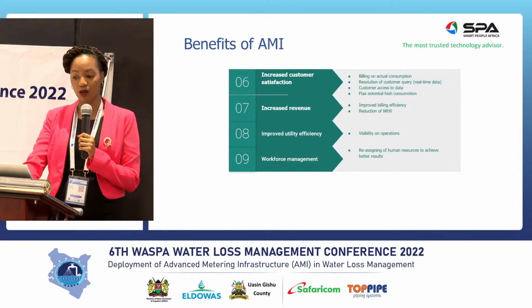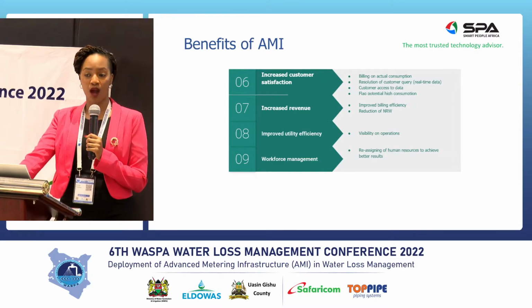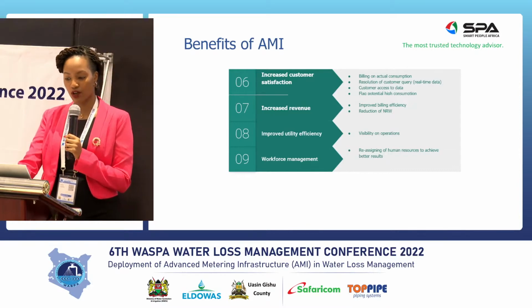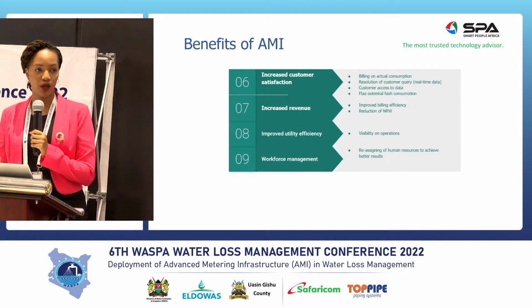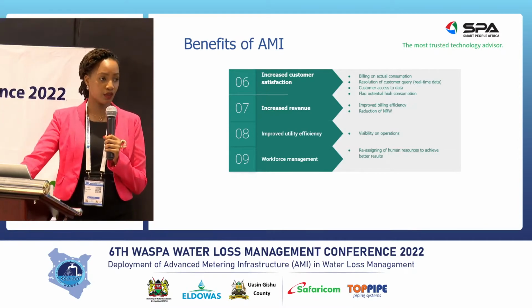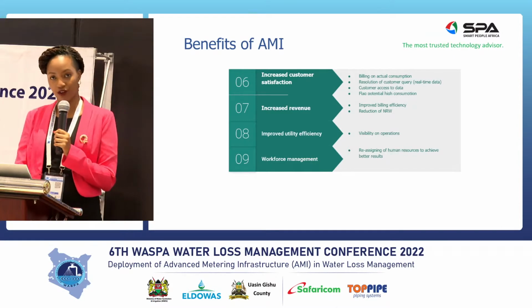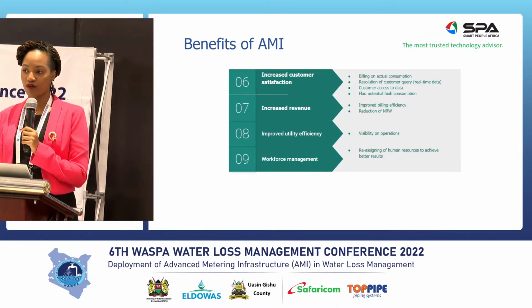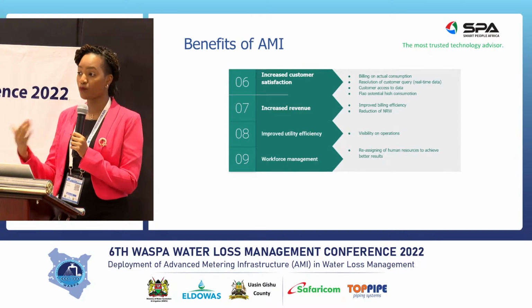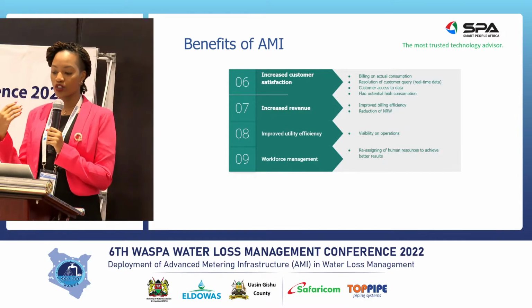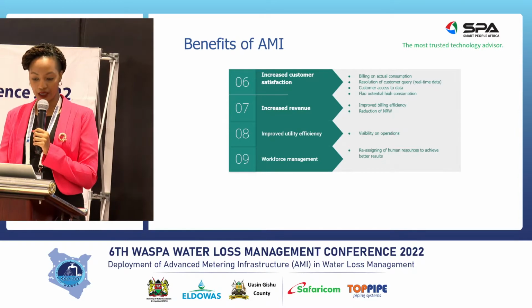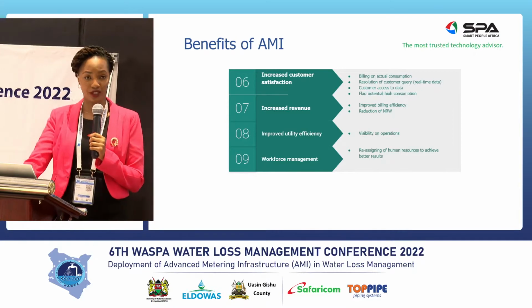So that means that in terms of customer satisfaction, you are actually guaranteed that your customers are going to be satisfied. And again, when we're able to mitigate and deal with the water loss, it means that we have improved revenue. And I believe that is one of the key components. You are able to improve your revenue because you have improved billing,